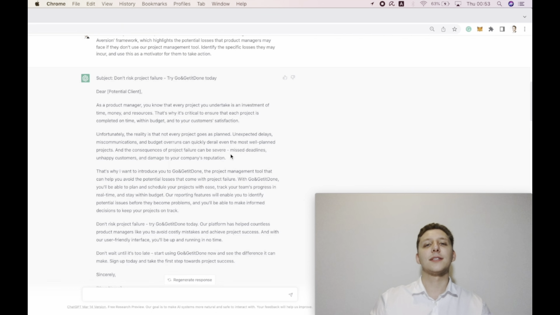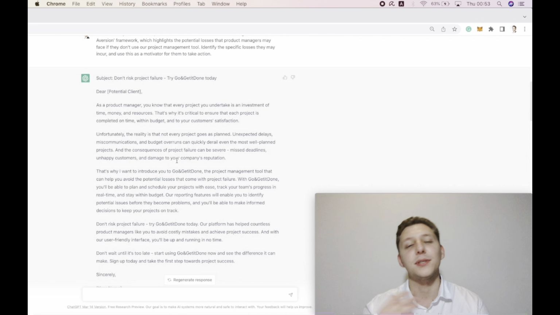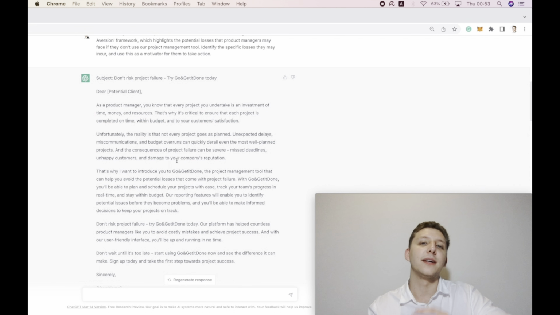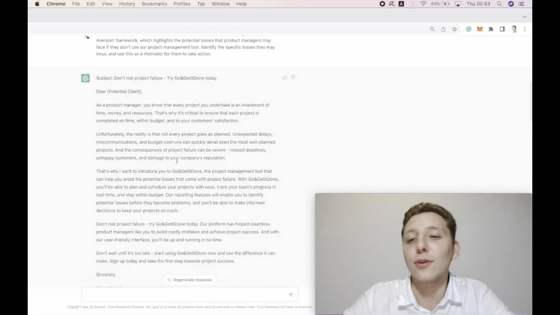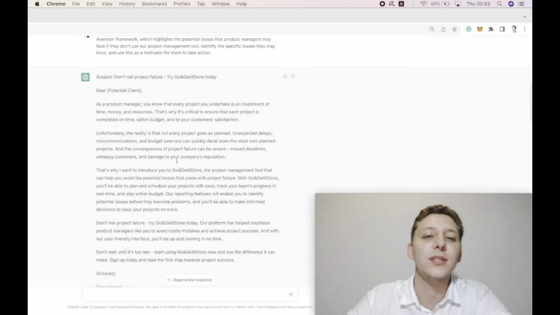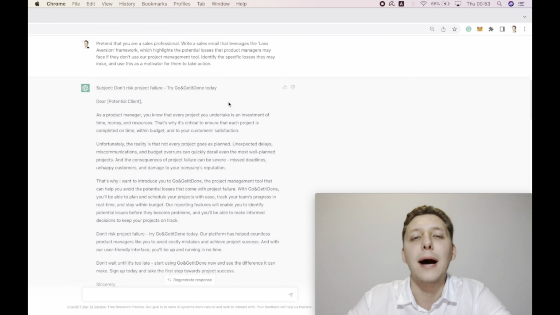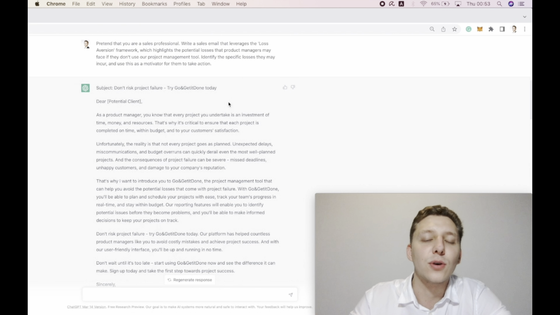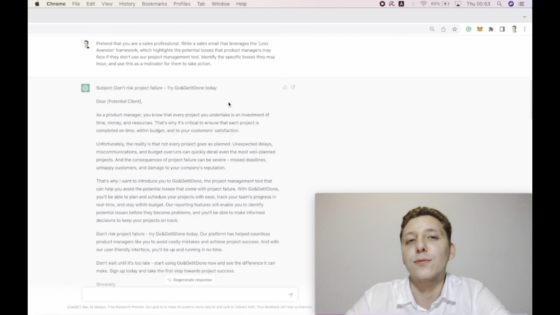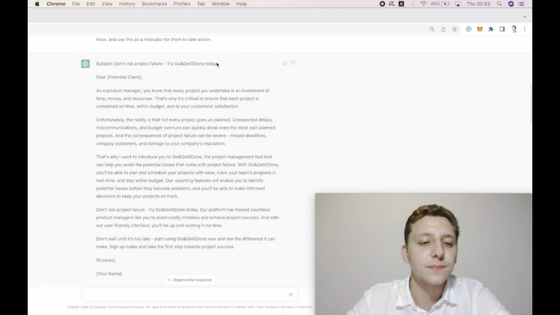So it describes the losses that may incur in terms of missed deadlines, unhappy customers, and damage to your company's reputation. So it's great. You can always take this email and split it up in a sequence, but also generate, see what it gives you. If you want, you can also mention the losses that happen to your target persona. So feel free to play around with the prompt as well.